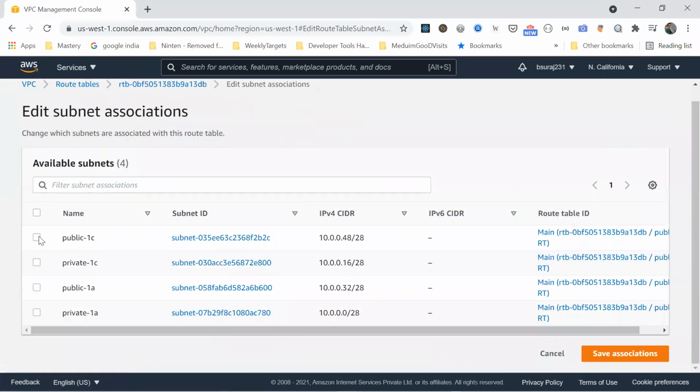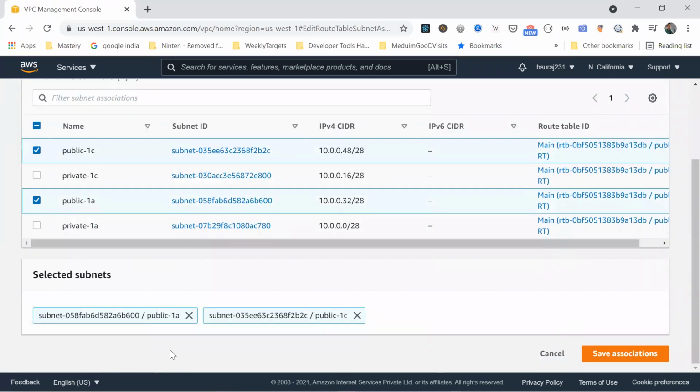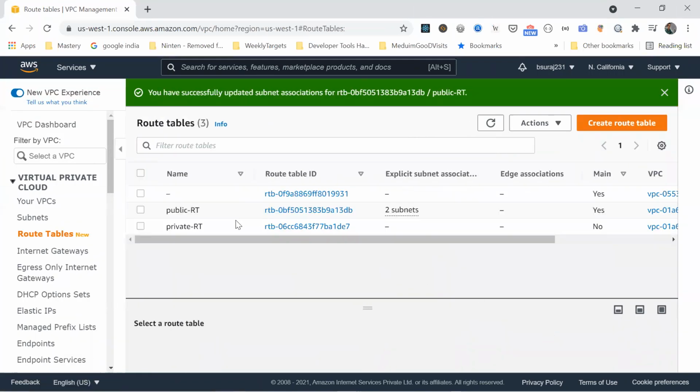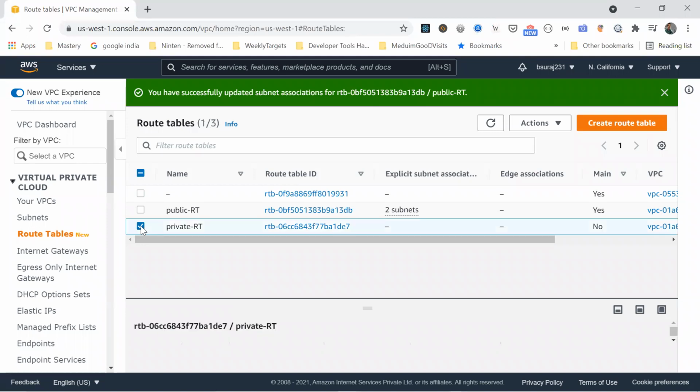For the public one we will be assigning the public subnets, not the private. Save association. Okay, you can see it is updated, your public route table is associated to two subnets, which are the public ones I have selected.